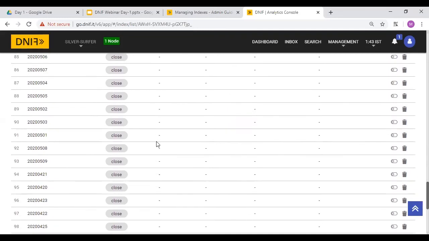These are available, but if you say I want to fetch the data for 8th of May 2020, it won't be visible because it is not in the reading-writing mode. It is there inside the backup folder. But if you want to view that data, the first step you need to do is make the close index an open index, and you can view the data on the NIF console.